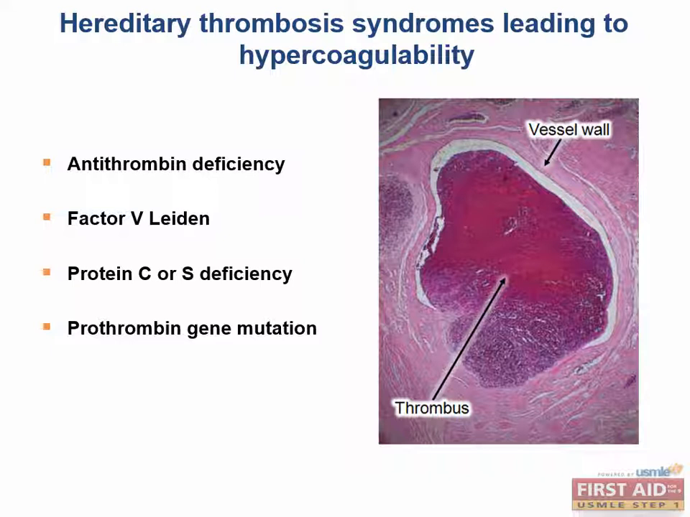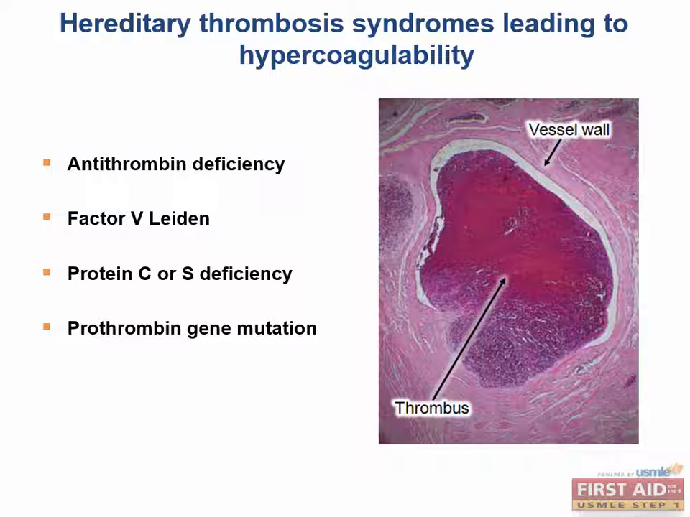So how about we quickly review? Factor V increases coagulation, and as the Leiden mutation decreases our ability to turn off factor V, Leiden will give us a hypercoagulable state. Prothrombin increases coagulation, and the prothrombin gene mutation leads to too much prothrombin, and therefore a hypercoagulable state. Antithrombin and protein C and S inhibit coagulation, and thus a deficiency in these enzymes is going to lead to